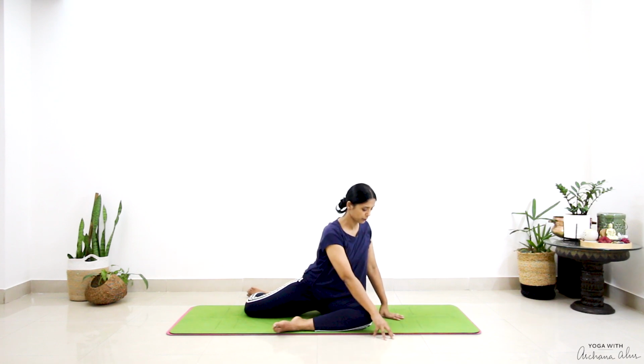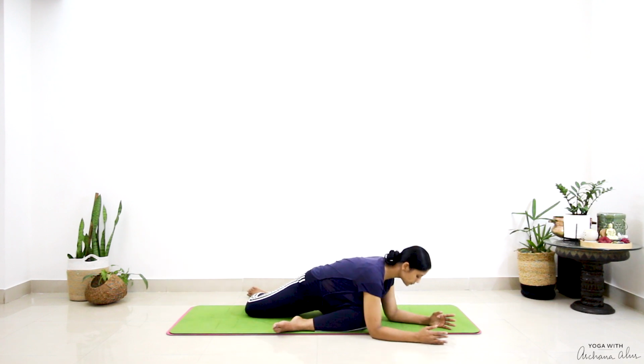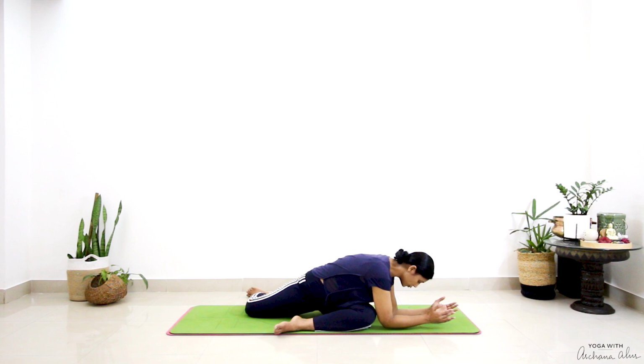Your right hand in front of your left knee, left hand here. You can drop onto your forearms, chin to chest, forehead to knee. Your Mrigasana. Deer pose. You can move further